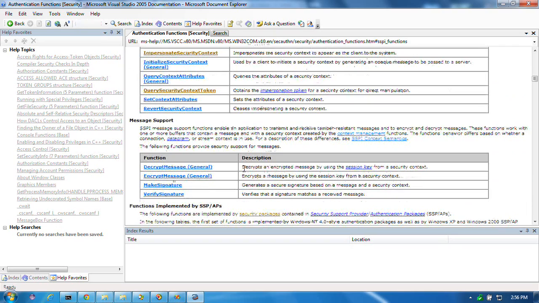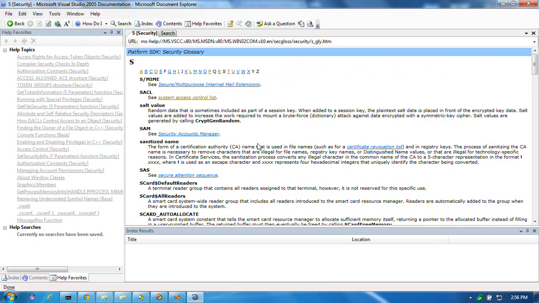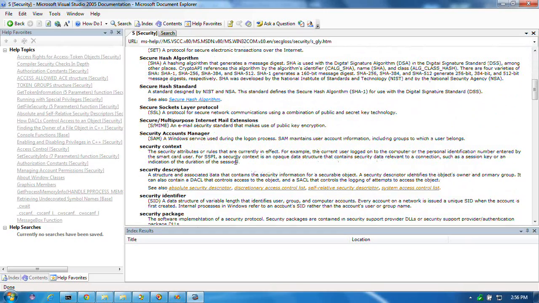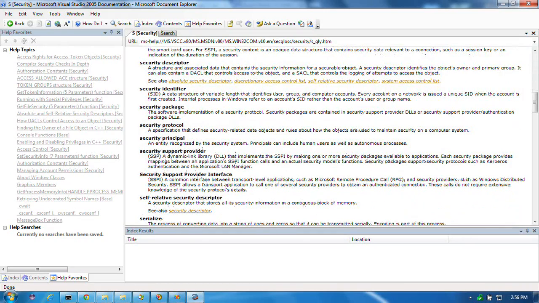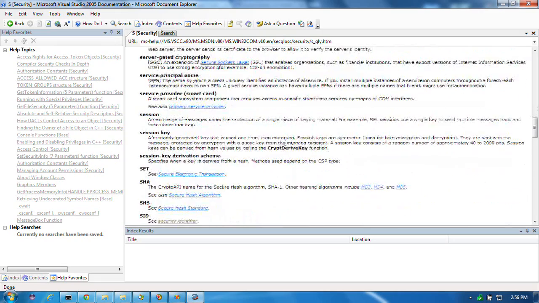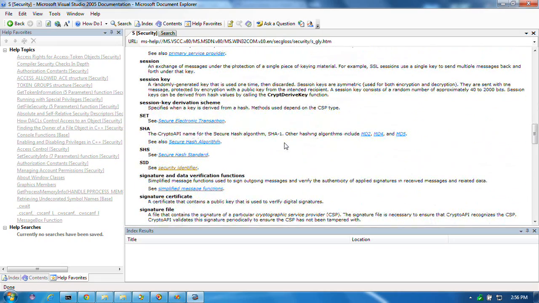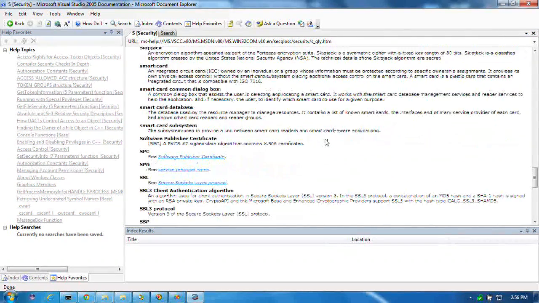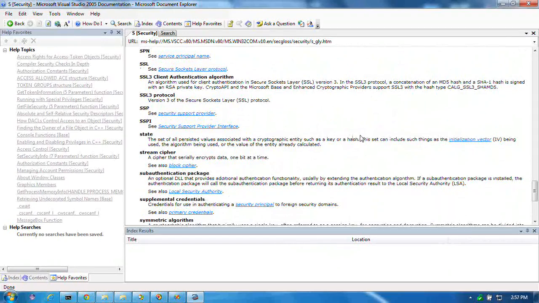Maybe I'll find out how to find it out. Security support provider. Windows distributed security. I think the idea is anyway that if it's something that is not